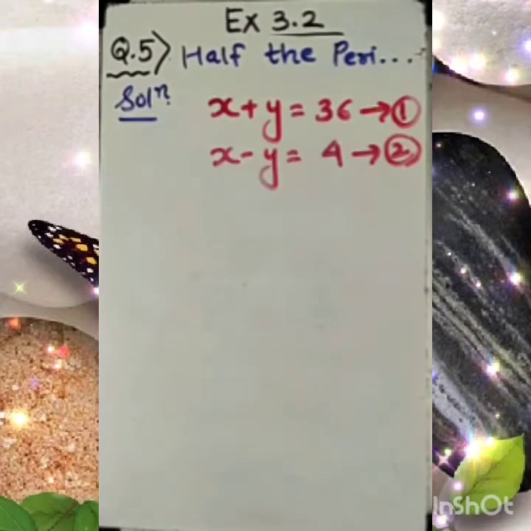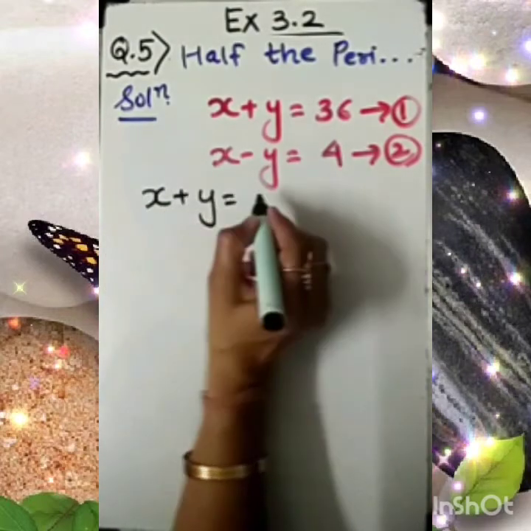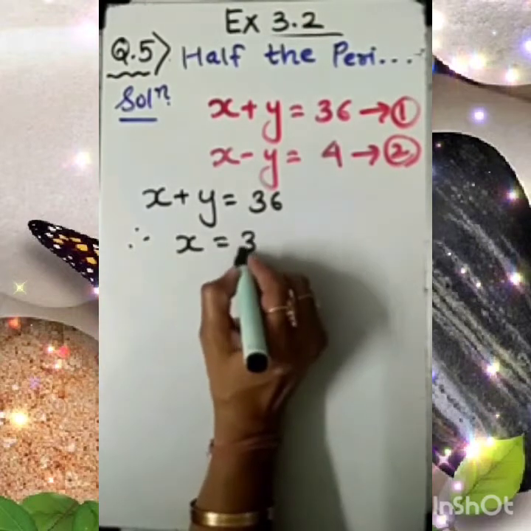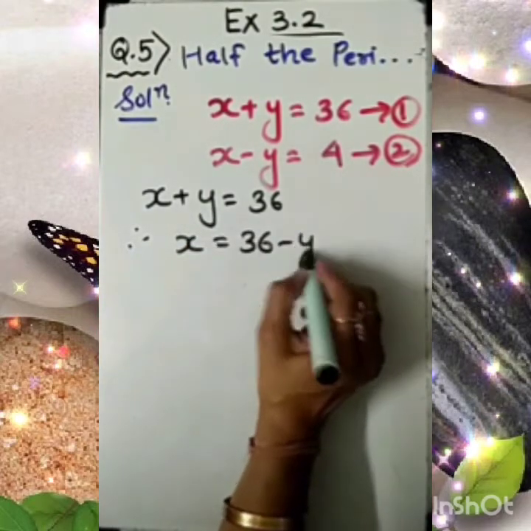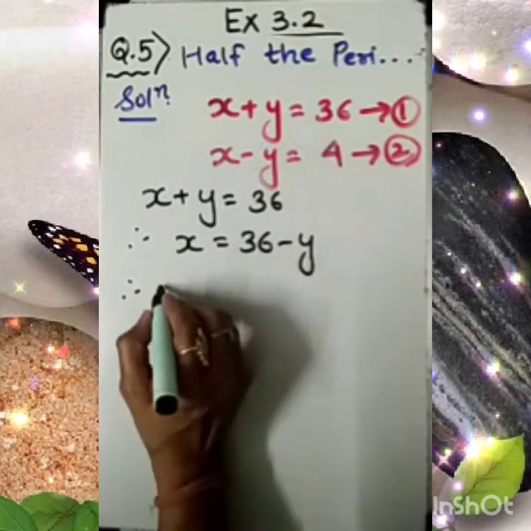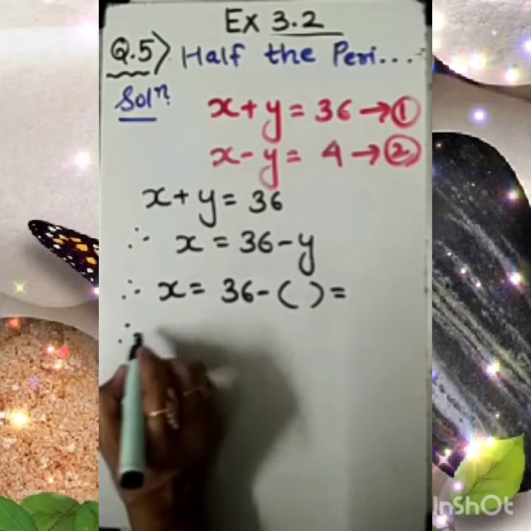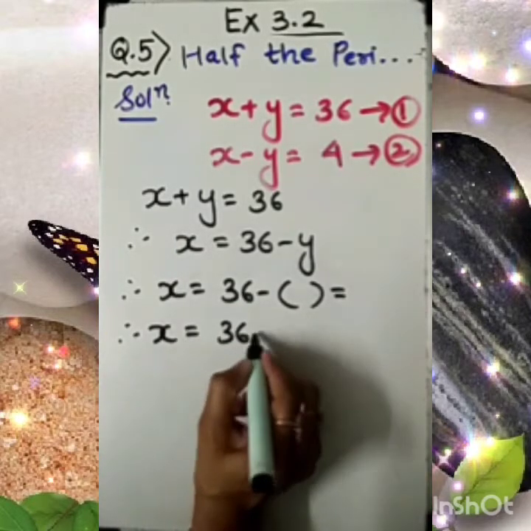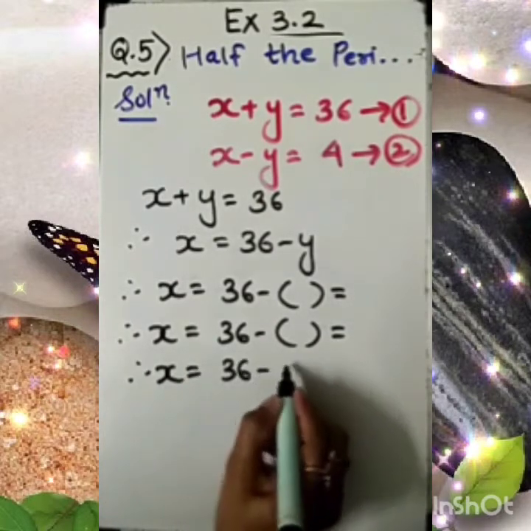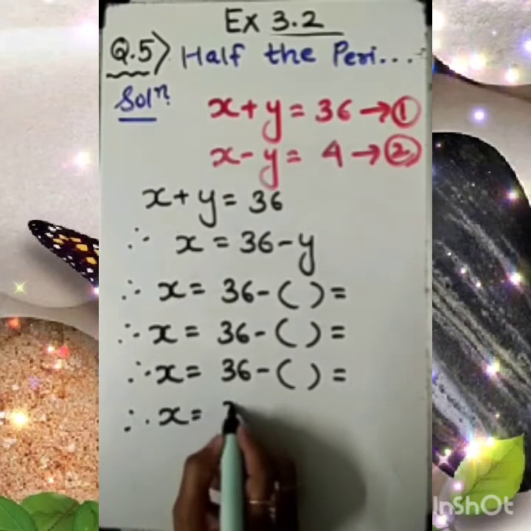So dear student, let's work out the first equation. Our first equation is x plus y equal to 36. So of course x will be 36 minus y. For different values of y, we will have the value of x. So be careful about choosing these values. Choose the value of y in such a way that the difference is easy to locate on the x-axis. Fine?